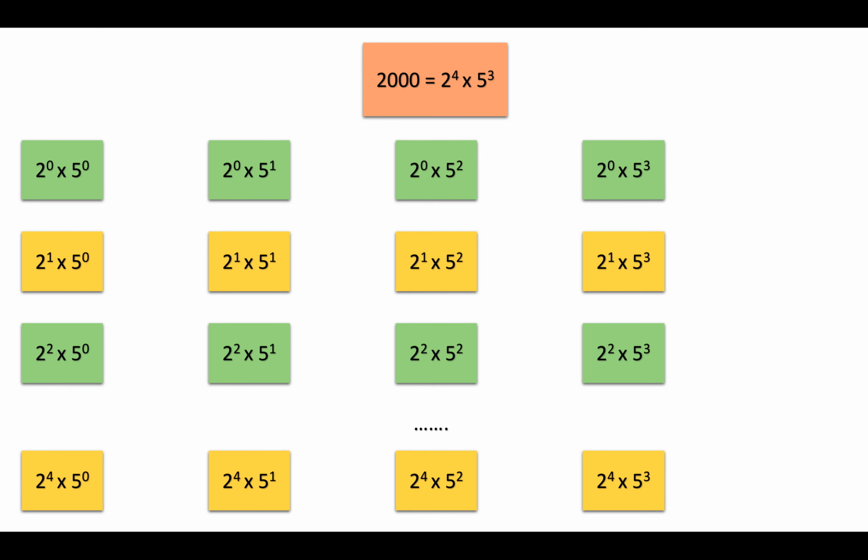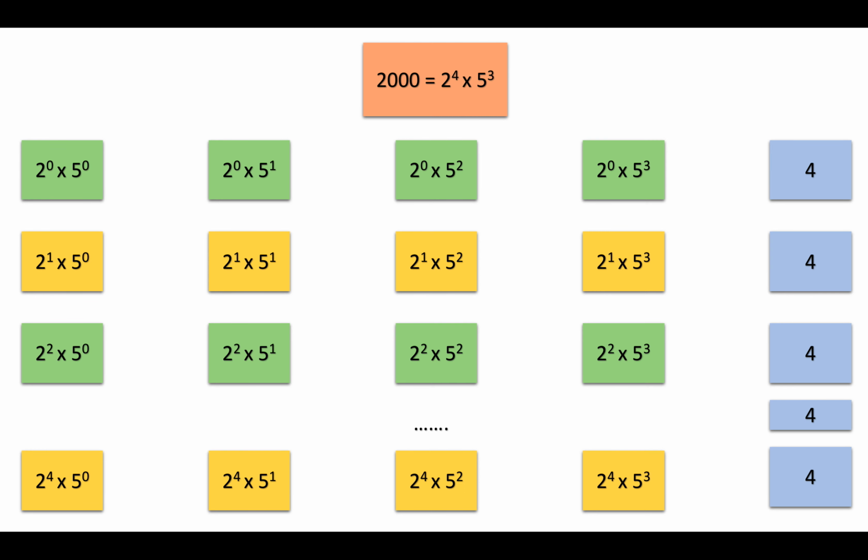Now let's start counting them. In the first row, where everywhere the power of 2 is 0, we notice there are 4 factors in total. Why is it 4? Because the range of power of 5 is from 0 to 3: 0, 1, 2 and 3. We have 4. Or you can call it as the exponent of 5 has 4 options. It can either be 0, 1, 2 or 3 when the exponent of 2 is 0. Similarly, when the exponent of 2 is 1, the exponent of 5 has 4 options, 0, 1, 2 and 3. Similarly, we have 4 options for the exponent of 5 in each of these cases.